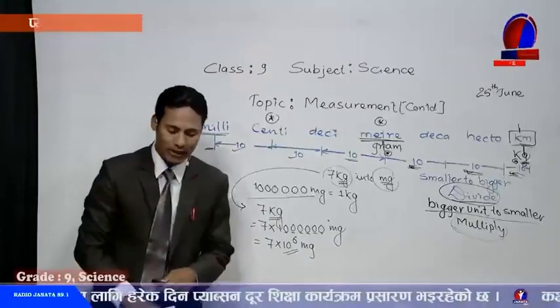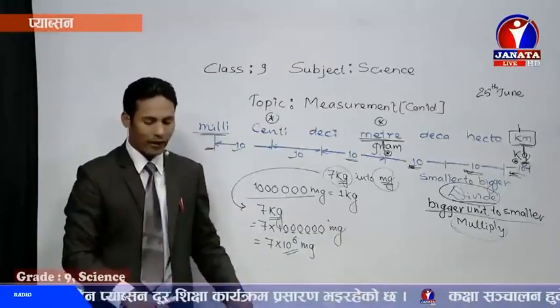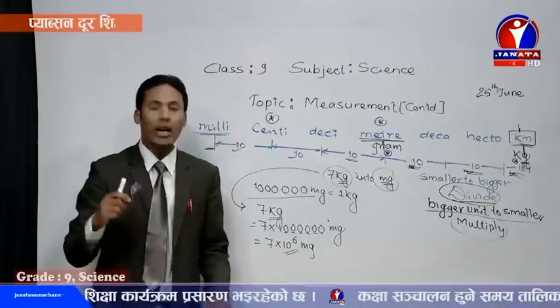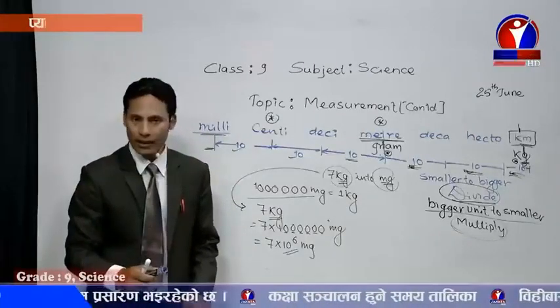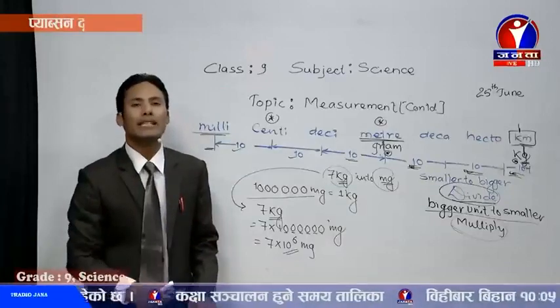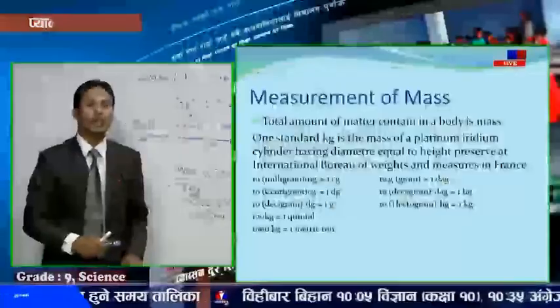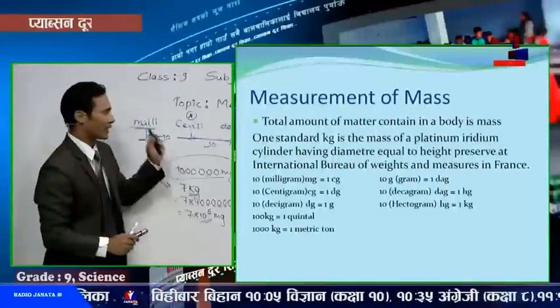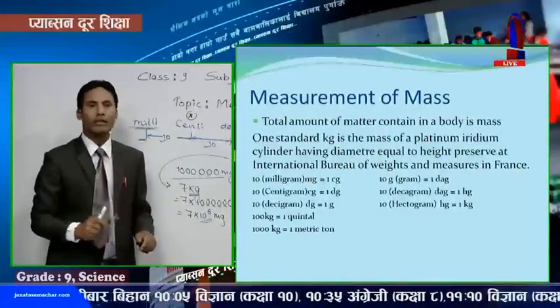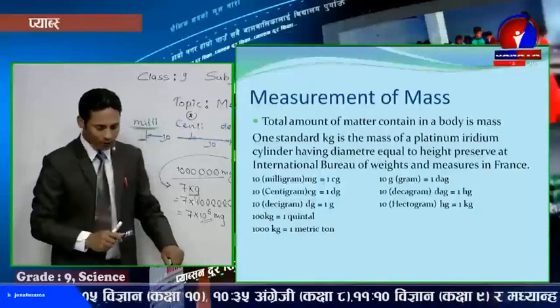Similarly, metric ton and quintal are also there. 100 kg equals 1 quintal, and 1000 kg equals 1 metric ton. That is also useful for the conversions of mass. You can see it on the slide also, so we can use that. So next one,